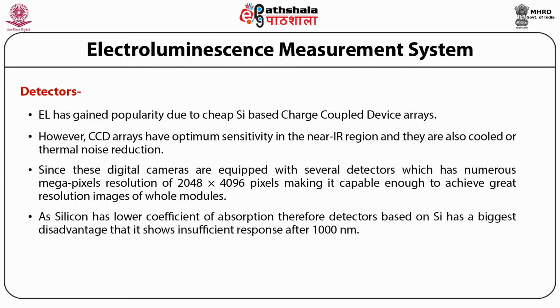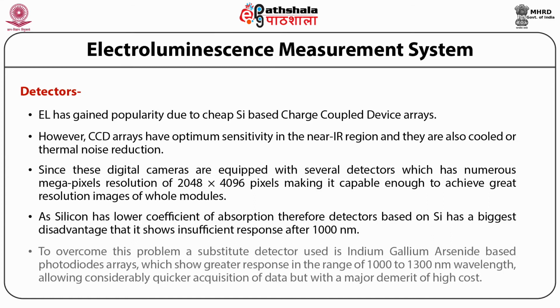As silicon has a lower coefficient of absorption, detectors based on silicon have the biggest disadvantage that they show insufficient response above 1000 nanometer. To overcome this problem, a substitute detector is used,